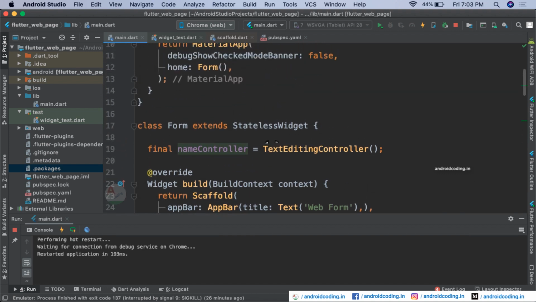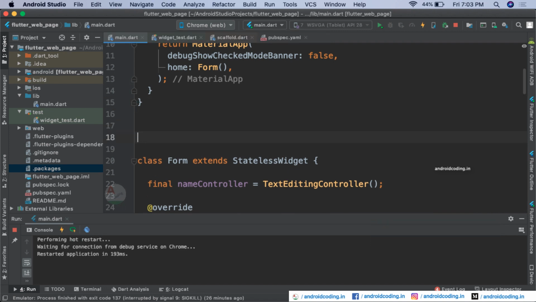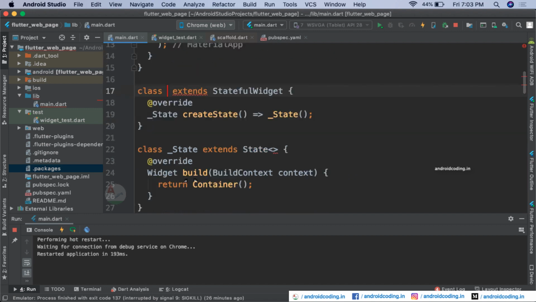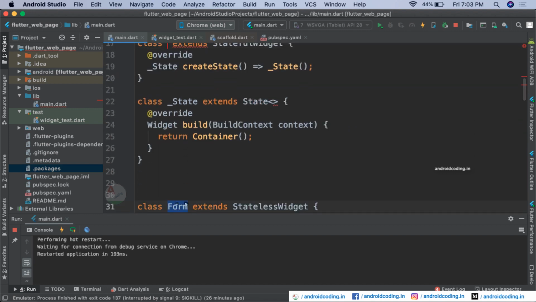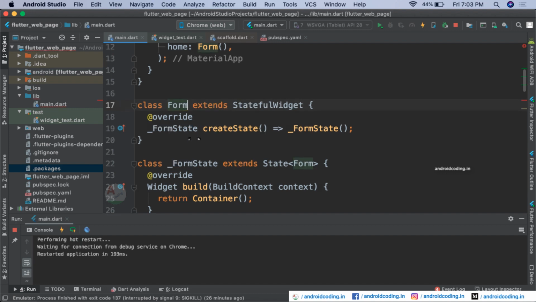So but the thing is that we are using a stateless widget here. We require a stateful widget to get the data out of our input fields here. So using stateless widget you can't refresh the state every time. So we will be adding a stateful widget now, and we'll be using the same name here, form, and it's simple.